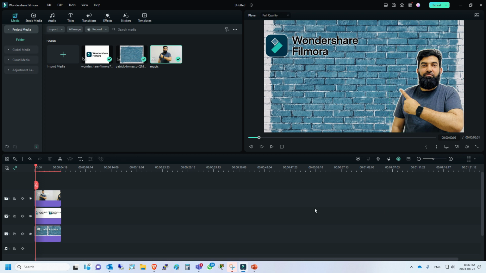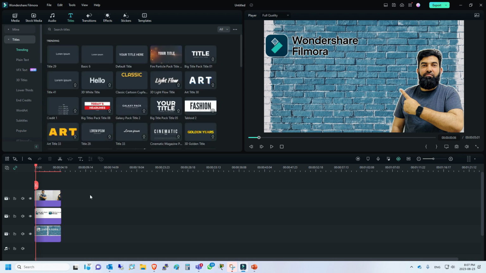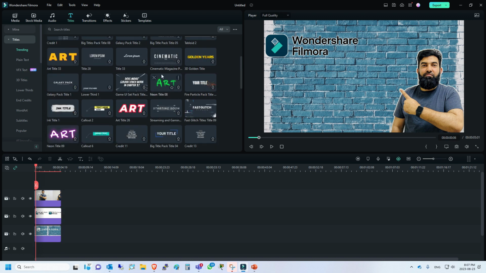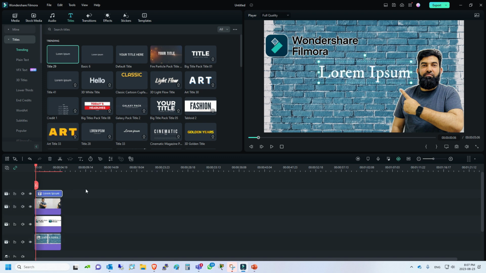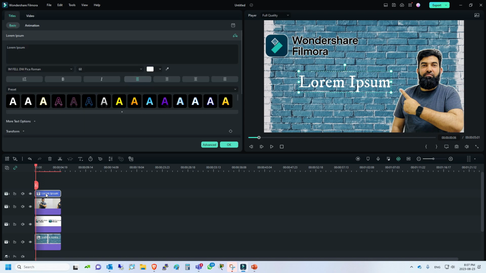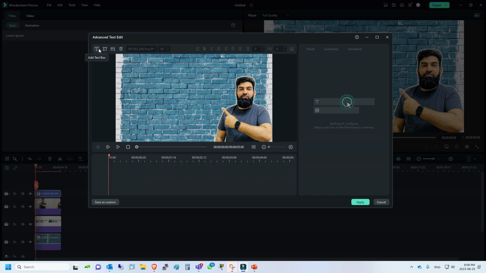Now the remaining thing is the text. To add the text, click on titles, and from here you can select any one. There are plenty of options here. You can choose as per your requirement, and just drag it on the fourth layer. As you can see, the text appeared here. To make thumbnail text more prominent, just double click on it and click advanced, and from here just click on this and delete,